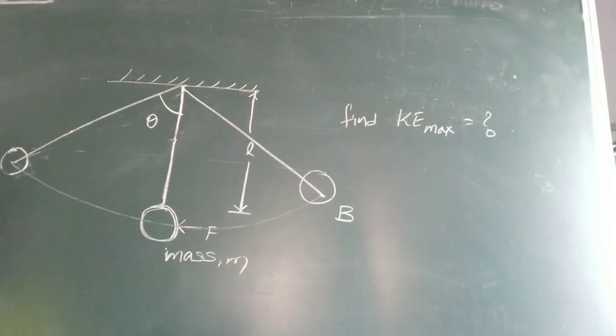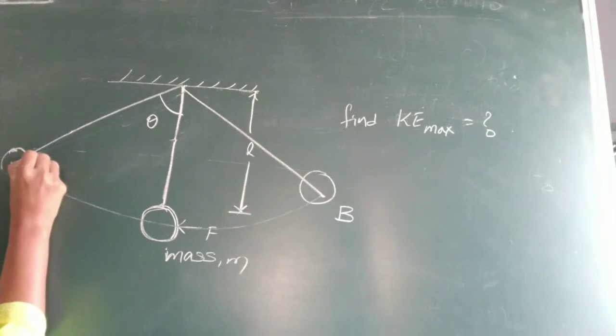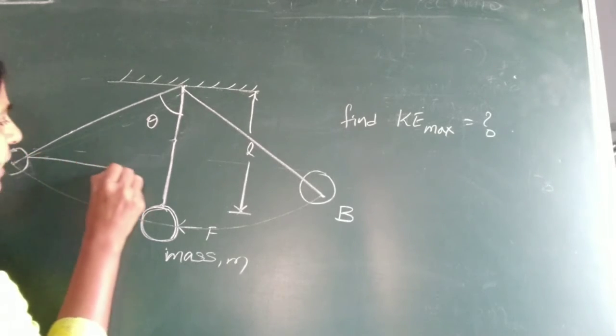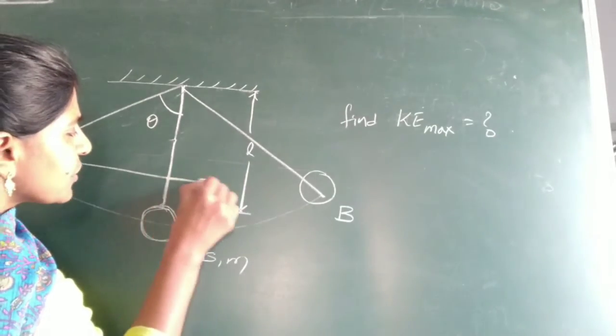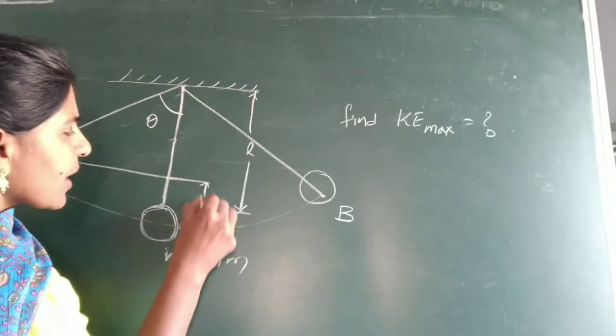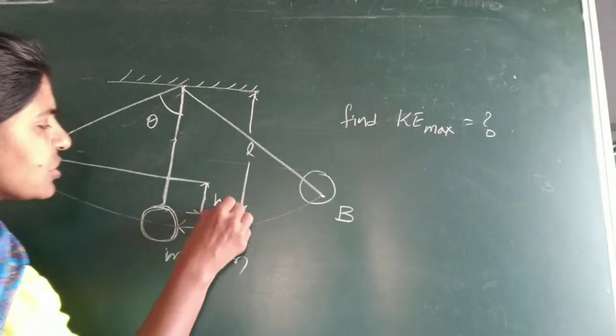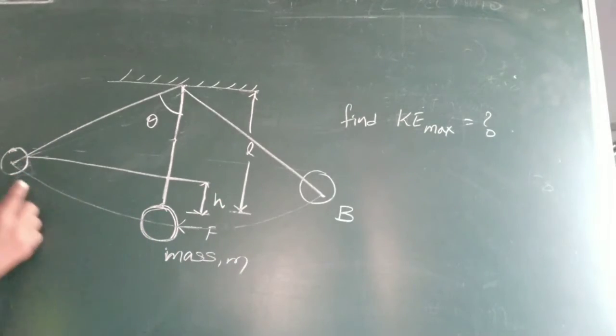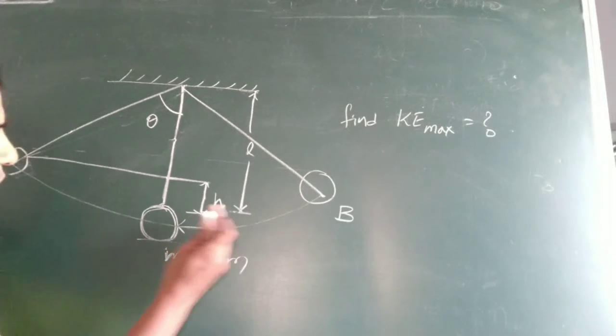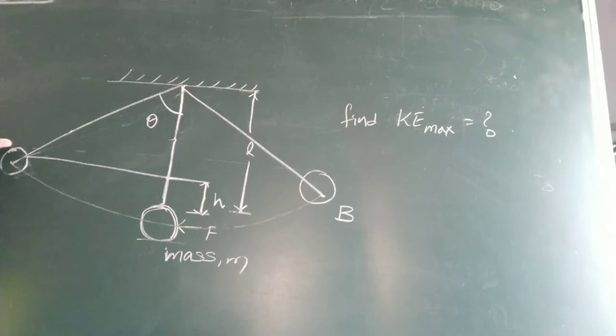For that purpose, in the first step, I will take it like this. Here the bob is moved to a position, and we draw a line like this. From this position, I am considering this height as H. This is the maximum height reached by the bob from the ground. If you apply some force, it reaches some height, where it has only potential energy, which is maximum, and the kinetic energy is 0 at this position.